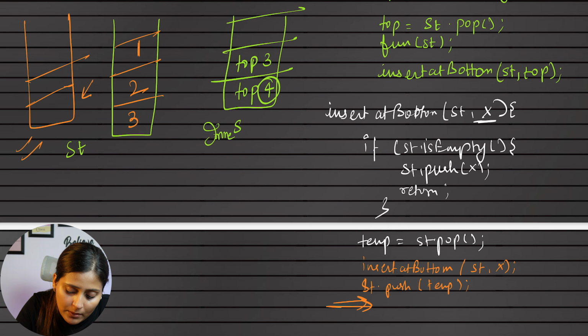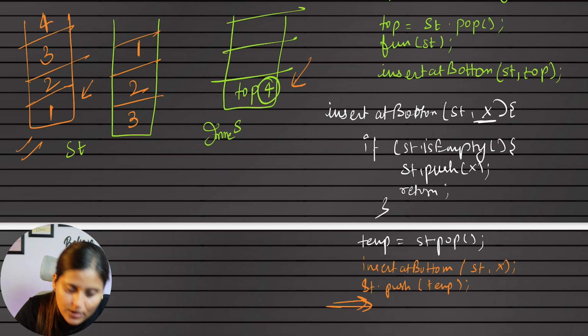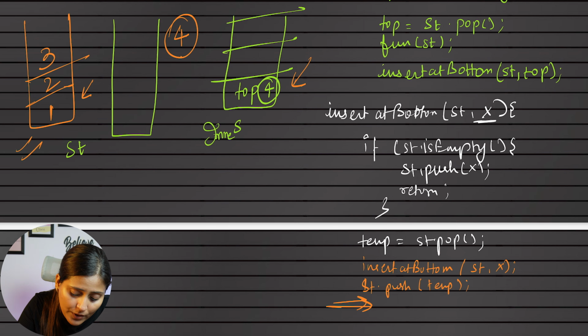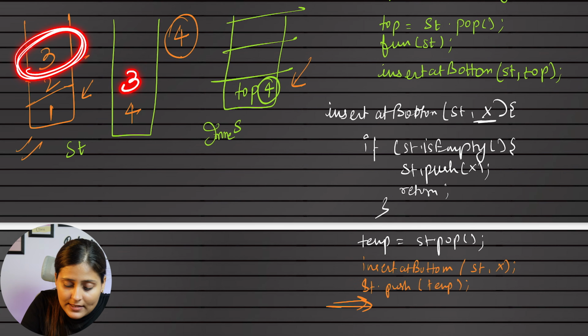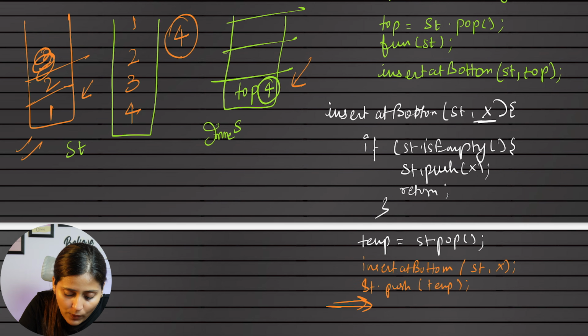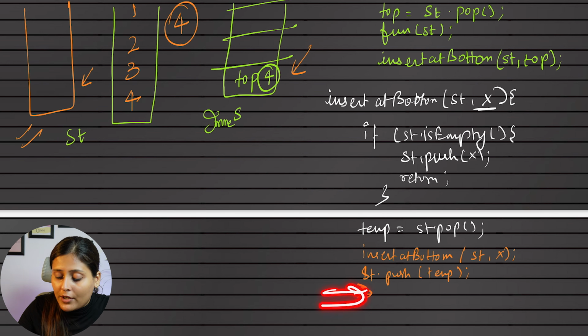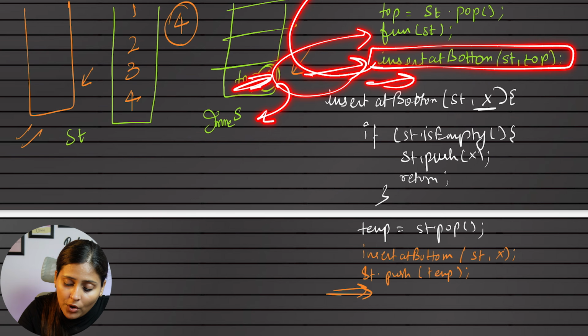Means now no longer top 3 but top 4. Again we'll call the function, and iteratively 1 will get popped, 2 will get popped, 3 will get popped and saved in the inner stack of the insert at bottom function. Okay, and now this will get empty, and as it is empty, this 4 will get inserted here. And now after inserting, we will return to the main function which is insert at bottom. Previously our temp was 3, so 3 will get saved, and now 2 will get saved, and now 1 will get saved after returning. Can I say? Yes. So now this will return to the main function. No such lines are there, so we will return to the original function.